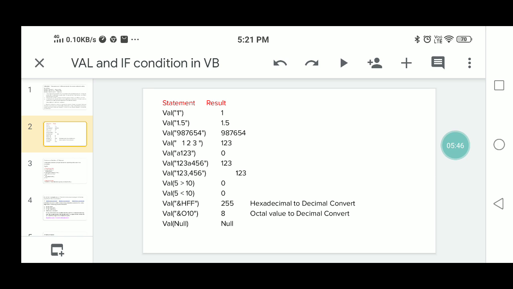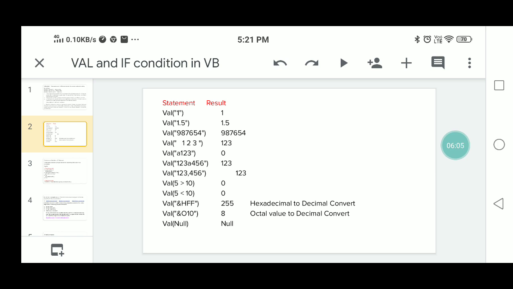Then next, another function, Val of "123A456". After receiving 1, 2, 3, it finds A, so it stops the execution of this Val function. It returns the numbers received, 123.